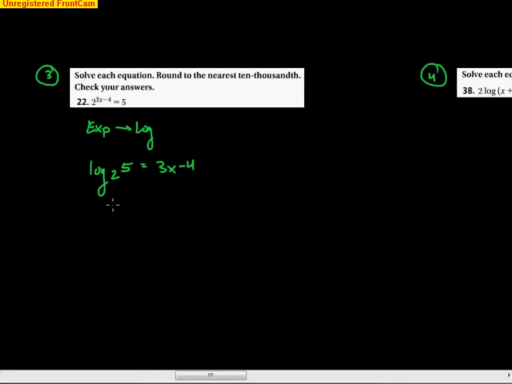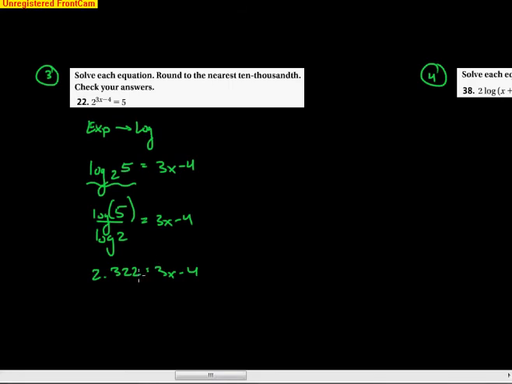Okay? And now, I need to use the change of base formula. Log of 5 over log of 2. Remember, base on bottom. Let's get a decimal number for that. We're going to go to 3 decimals. I don't care what the book says. So log of 5, make sure you close that parenthesis, right? Don't forget. So log 5 divided by log 2, and I got 2.322